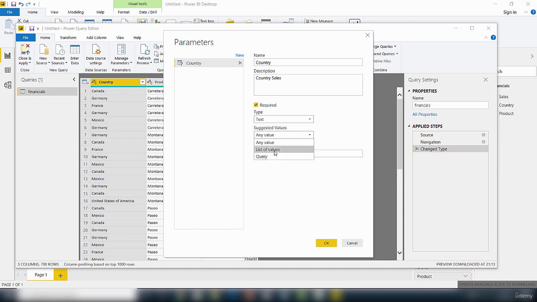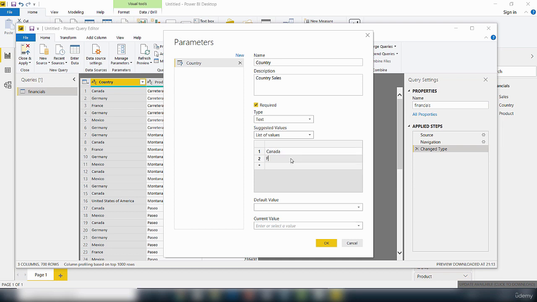So I'll click on list of values. And in the list of values, I'm going to list different countries. I'll start with Canada as my first country. Then I'll go to France as the second. Then we'll type in Mexico. After Mexico, I'll type in Germany. And the final one is going to be the United States of